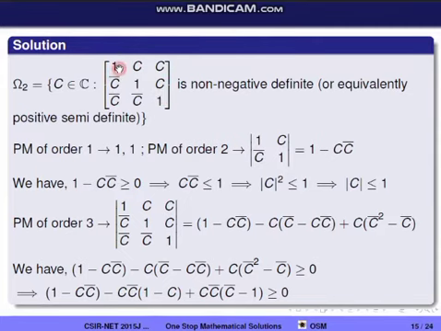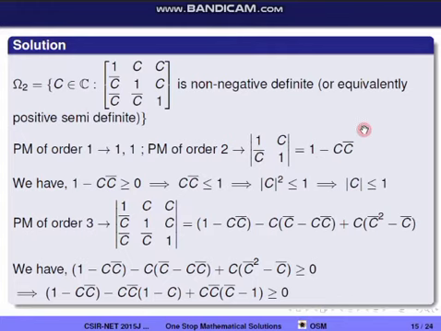So for this one, remove the first row and first column, and take the determinant of the remaining 2 by 2 matrix. And for the second diagonal element, remove the second row and second column, and take the determinant of that matrix. And for the third diagonal element, remove the third column and third row, and take the determinant. All the determinants are becoming equal to this determinant. So the determinant of 1, C conjugate; 1 is equal to 1 minus C conjugate.